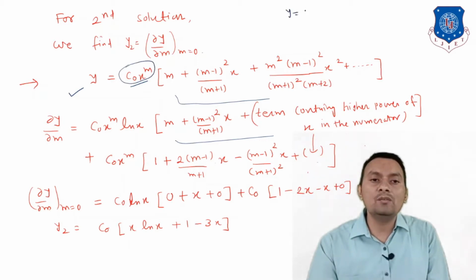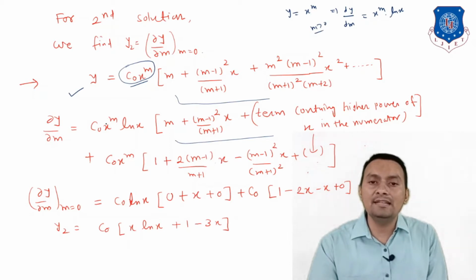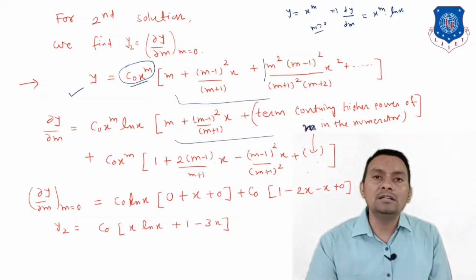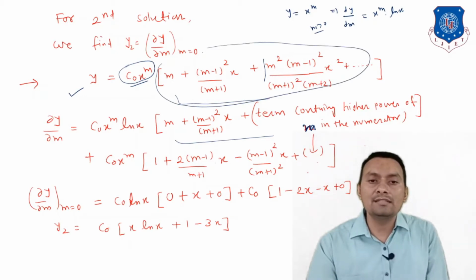We know that y is equal to x raised to m, and if I suppose to find dy by dm, so what we will do generally, x raised to m is there and ln x, and the same argument we are going to follow here where m is greater than 0. So here x raised to m is there, we are trying to find the partial derivative with respect to m, so we have ln x, and this is the same, and we can observe that third onwards all the terms contain higher powers of m in the numerator, and when I consider this as the constant, what will be the derivative part of this one with respect to m?